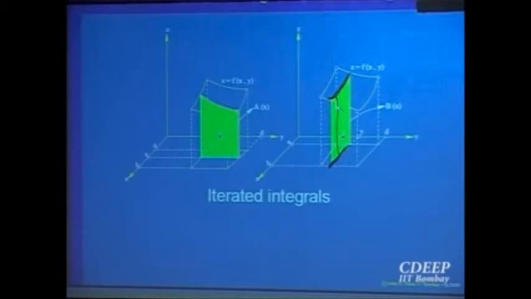So you are integrating out that variable. That means you are finding the area below the graph of that function. So you are finding the area of that sheet, right? And then you vary y. So these sheets, you vary and add up. The volume of all the sheets you add up.